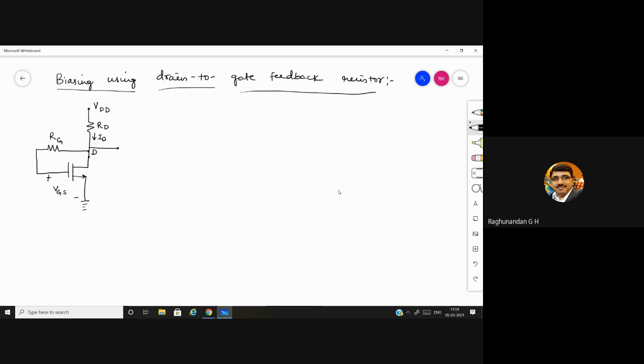Now, this is the output we will be getting, and always the output voltage is taken between two terminals. So when you take the output across two terminals, obviously one terminal should be the drain, and the other terminal should be the ground. Which terminal is connected to the ground? Source is connected to the ground. So that's why we call the output VDS. The current which is going to the drain is ID.